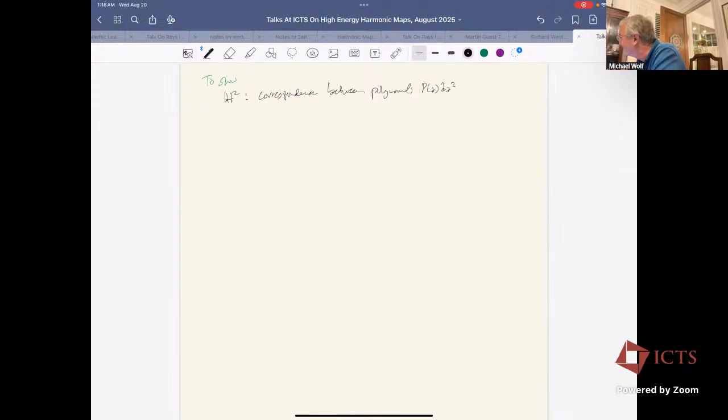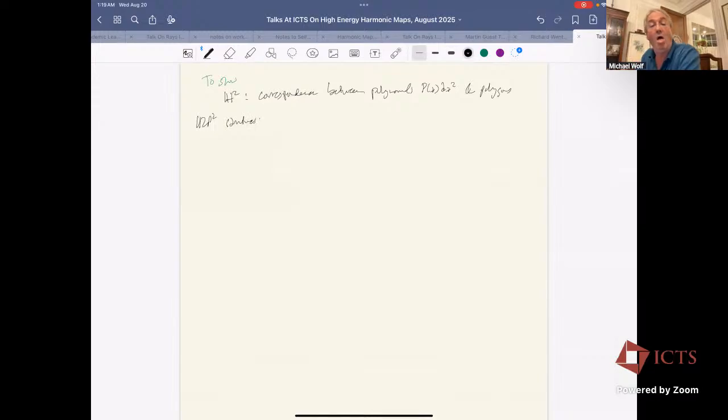I just did the single zero, but everything I did with sub and super solutions will work if you have a finite number of zeros and polygons. So now in these RP2 structures,